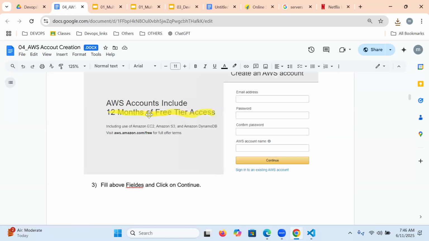This is a 12 months free trial, using email address, password, confirm password, and AWS account name. Please fill this. Free means what? Not everything is free. Some are paid, some are free. I will guide you on which are free and which are paid. Based on the free trial, we're going to complete our practice with either AWS, Azure, or DevOps.